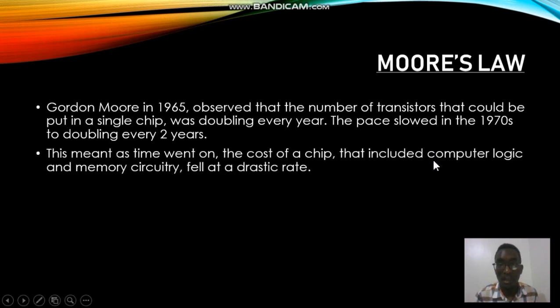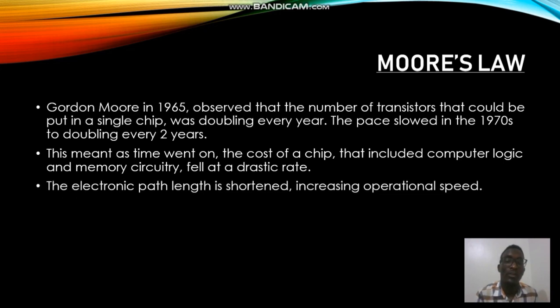This made the cost of the chip fall as time went on. This included maybe the computer logic and also the memory circuitry. So as you can see, as the cost remained constant, the number of transistors was increasing, so the chip cost was really reducing at that time. Also, the electronic path length was shortened, and hence this was increasing the operational speed. As they were increasing the number of transistors on the chip, they were also reducing the electronic path length, and hence the processor